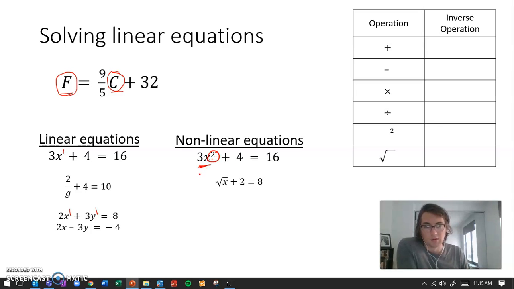That's a non-linear equation. And the reason why it's important to point this difference out is because linear equations have one answer for that variable. So there's only going to be one answer for x, or one answer for x and one answer for y. Non-linear equations could have two answers for x, so two values that x could take that make that true. Okay. So if I take this equation here, 3x plus 4 is equal to 16,